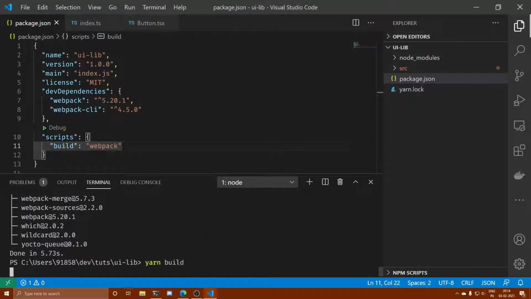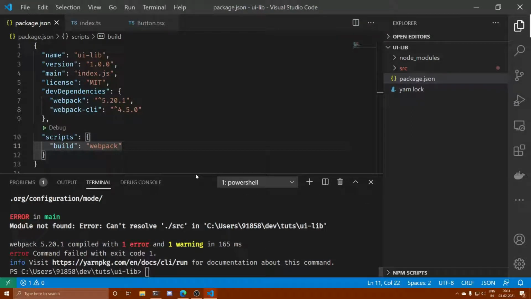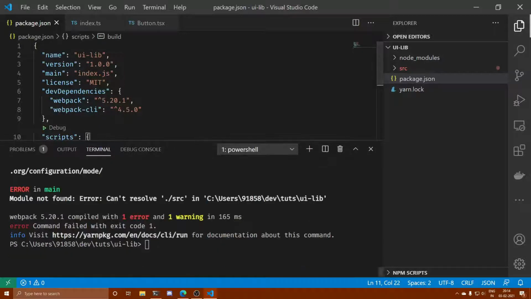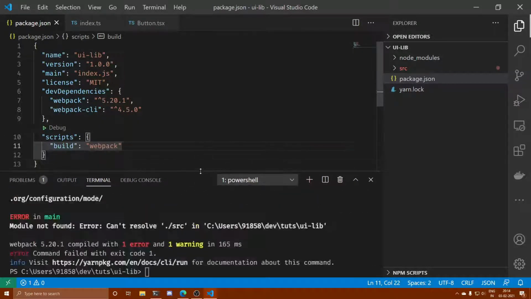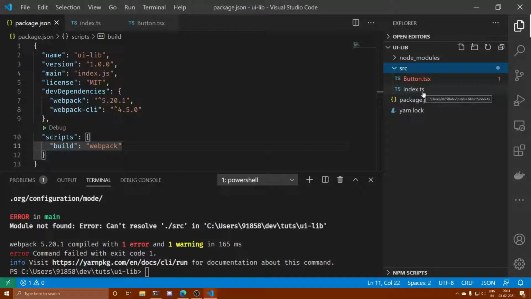So yarn build. We have got some errors which we have to see. Can't resolve src. It cannot resolve src over here. The reason is that this is a .ts file, so Webpack cannot understand a TS file. If it was a JS file, it would have readily discovered it, but since it's a TS file, we need some additional work.